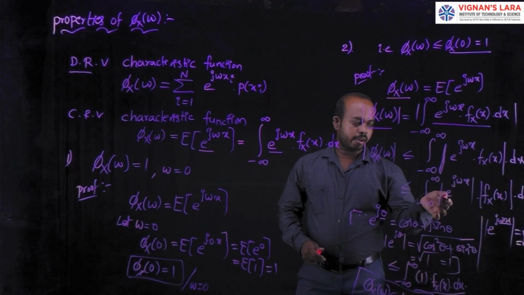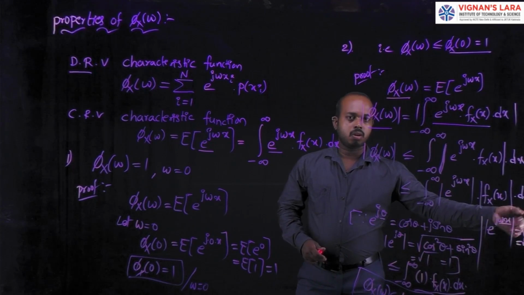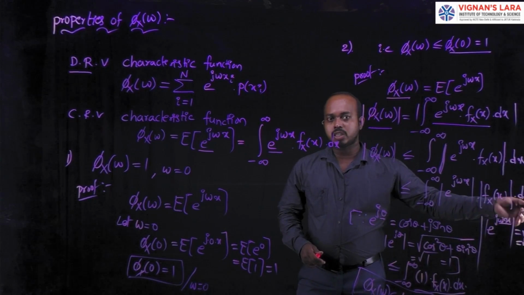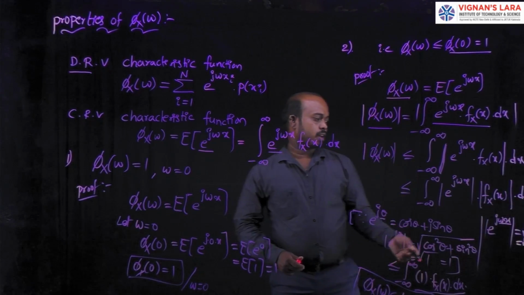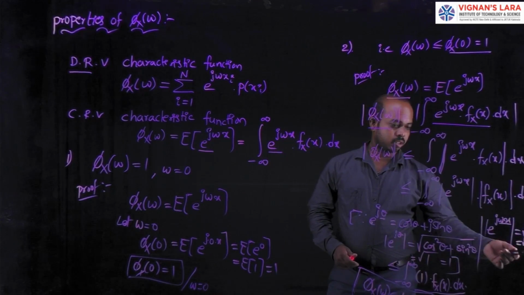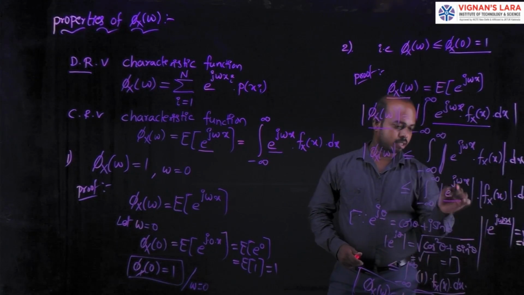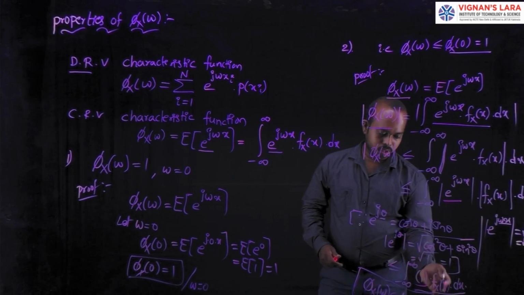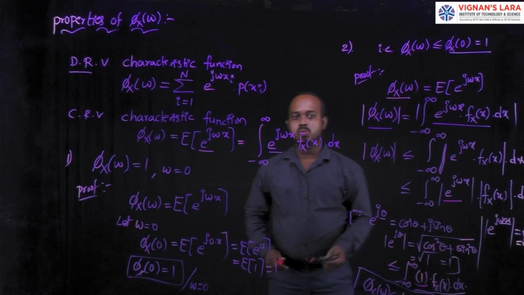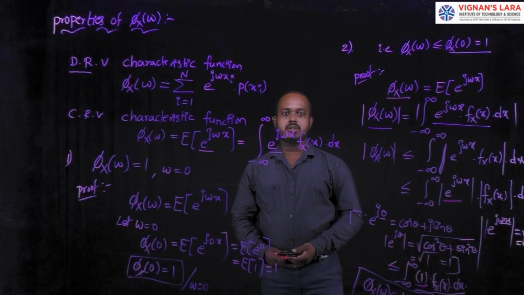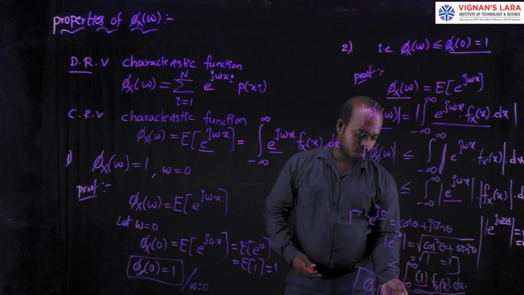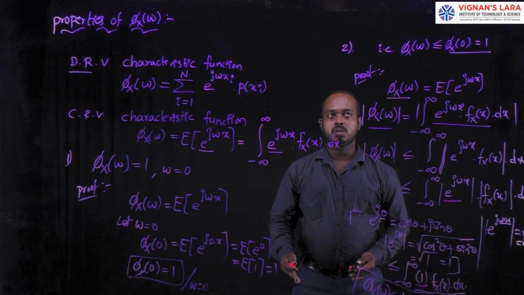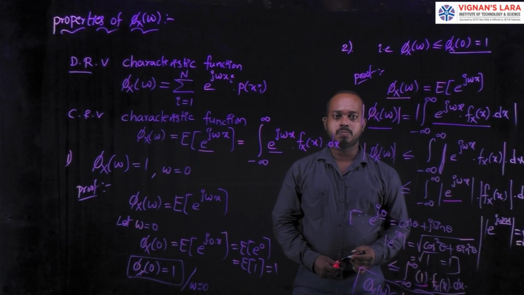Its magnitude is the square root of the real term squared plus the coefficient of the imaginary term squared. Using that property, we can find the magnitude of this complex number. Then you can substitute this quantity in this relation and multiply with the density function. This entire term belongs to the essential property of the probability density function. Then this entire quantity is 1. This quantity is equal to phi x of 0. This proves the second property of the characteristic function.